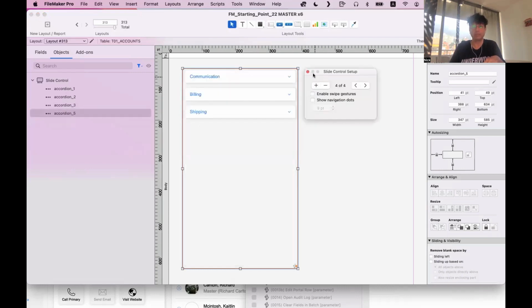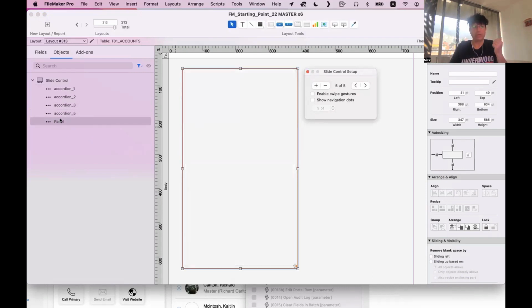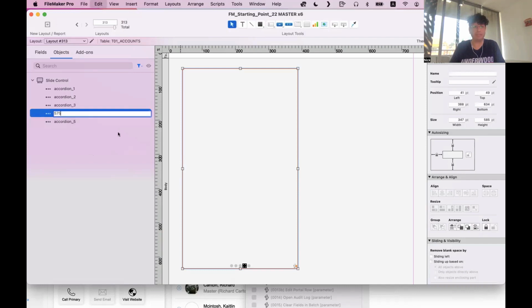But let's say you don't. Let's say you put that at the last one, and you want to move that between. You show the dots, and here you have the dot. You click on the dot here, you click and hold, and then you move it. Boom. And this now is there. See, if you click and hold, move, boom. Click and hold, move, boom. So now it's easy. You just have to rename this